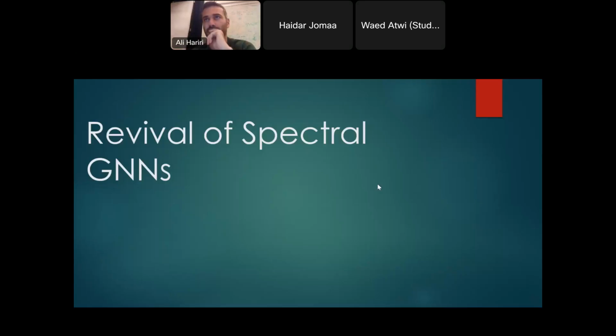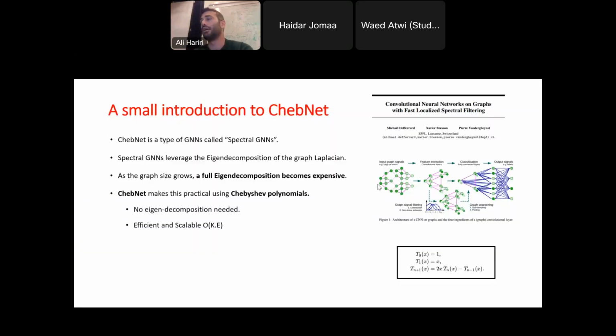So what is ChebNet? It was actually done right here in my lab 10 years ago, and it's quite old. I managed to meet the PhD student that did it right when he graduated, and right when I joined the lab. By then, the paper already had like 17,000 citations, something like that, I don't remember.